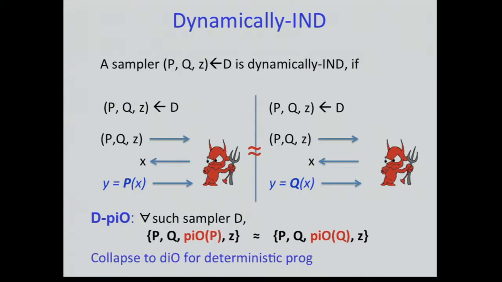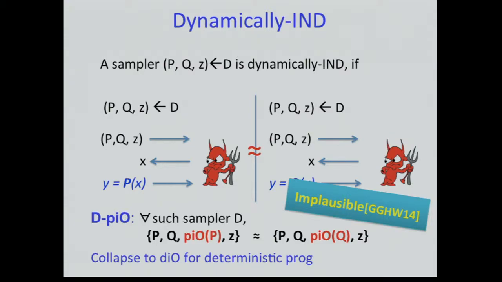Seems very natural, but it turns out that if you just look carefully, when I restrict P and Q to be deterministic, this notion actually exactly collapses down to differing-input I/O. So therefore, it suffers from some implausibility result. This seems to be a little bit stronger than what we want, because what we want is something that is closer to I/O rather than DIO. So what that means is that I actually need to consider stronger indistinguishability. By making the indistinguishability stronger, it makes the premise stronger, and therefore makes the PIO notion actually weaker.